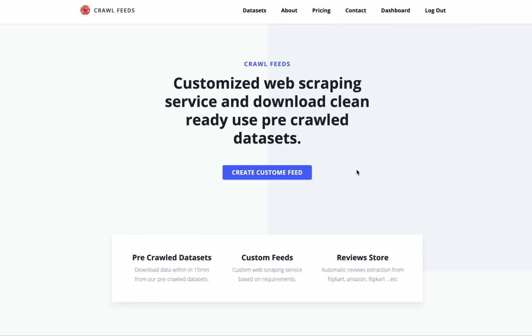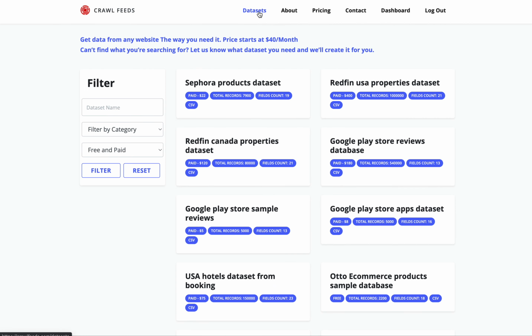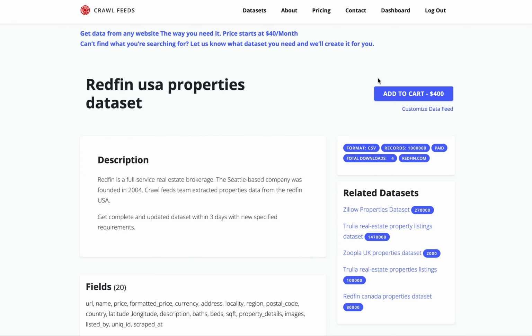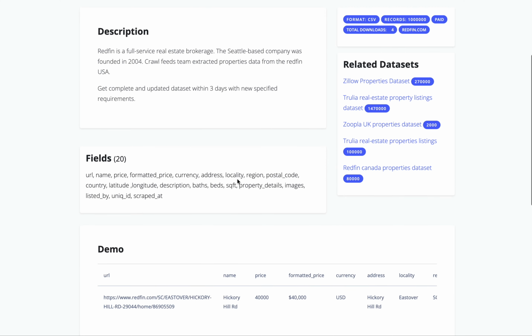So we can download it from Crawlfeeds. You can visit crawlfeeds.com and you can see data sets, and you can see there the Redfin USA properties dataset and the Redfin Canada properties dataset. And if you see the Redfin USA properties dataset, it has more than 1 million records